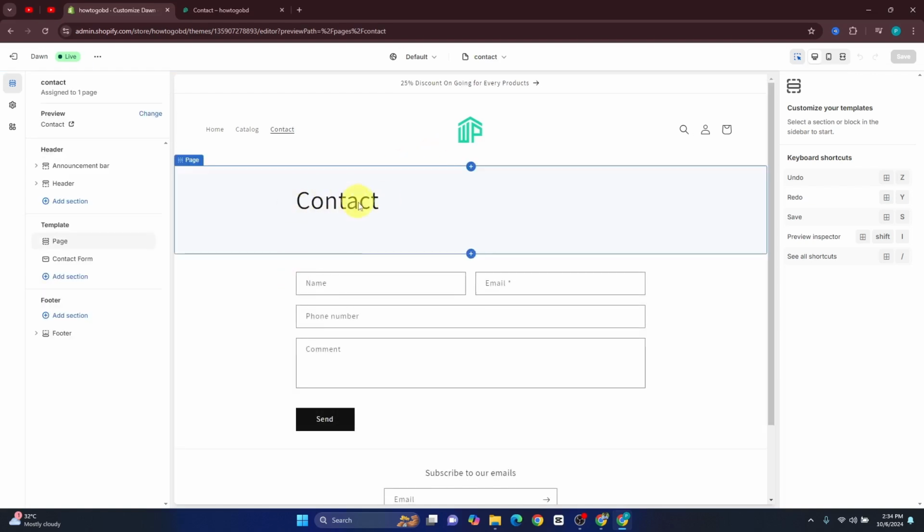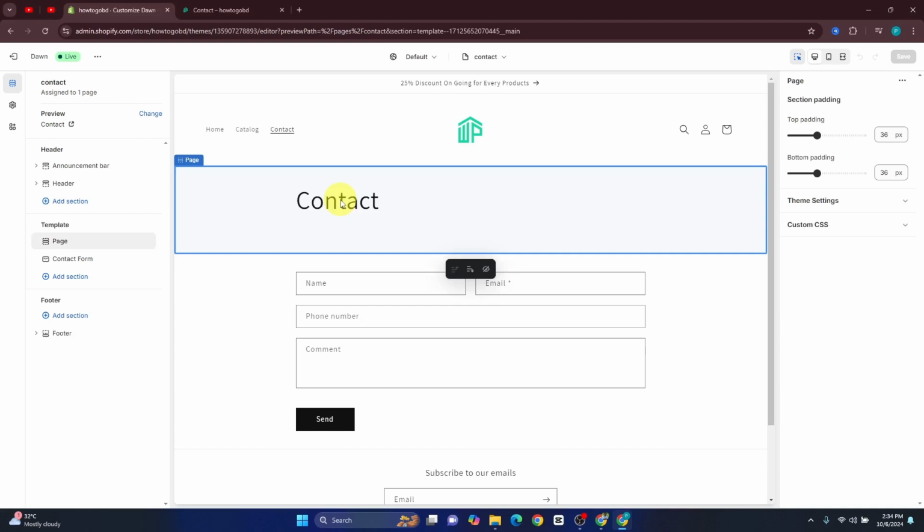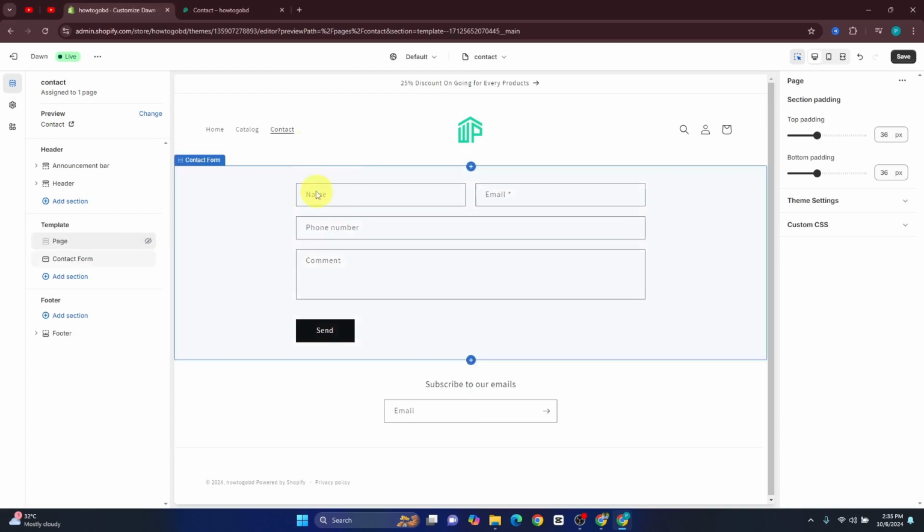And this is the page title, so I am going to hide this. Just click on that and then on the left side here you will see template and pages. Just click on this eye icon and then it will be removed. After that click on save